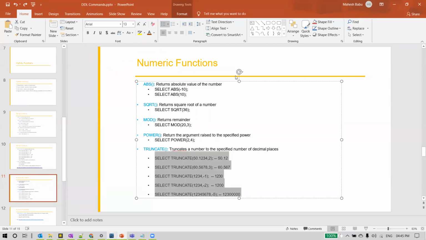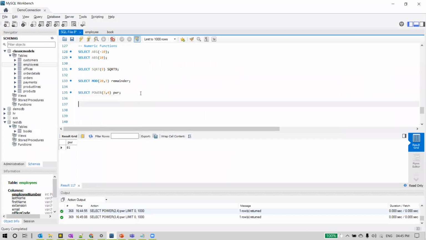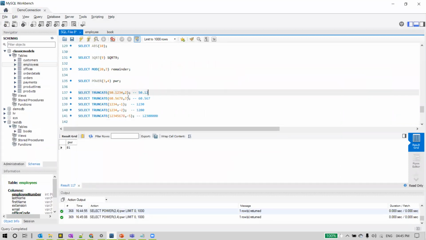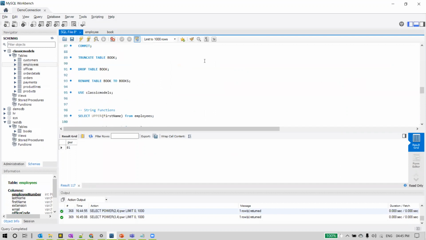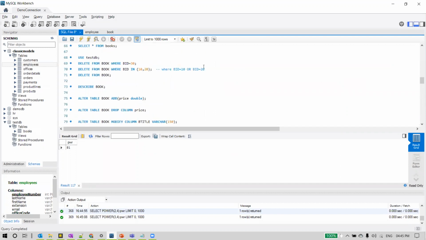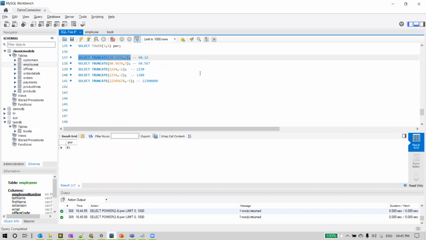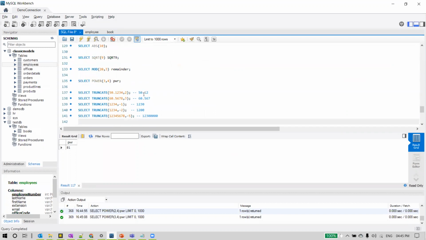Now comes the truncate function. So what does the truncate function do? Remember, the truncate function is different again. We just now discussed truncate, which comes under DDL commands, which removes all rows from the table, and we can't roll it back. It is permanent, is what we discussed. That is different from this function. And how to differentiate it? When we use the truncate command, the syntax is entirely different. So TRUNCATE, then the TABLE keyword, and then we specify the table name.